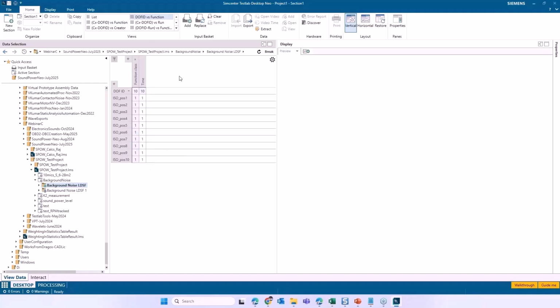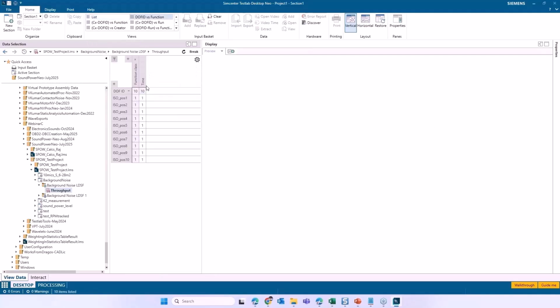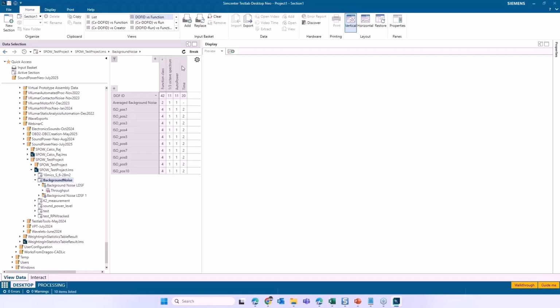Now notice in TestLab Neo, this is really a cool feature called the pivot table. What you see commonly is something like this, which is called a list view up here at the top. But if we change to this pivot view, we can see what type of data it is and all the microphones listed in an easier way, I would say. So for example, here there are time histories, but if I click on this section for background noise, then I can see what are the different types of microphones and what do they have. They have spectrum and auto power and time histories, so that I can easily navigate through the data efficiently.